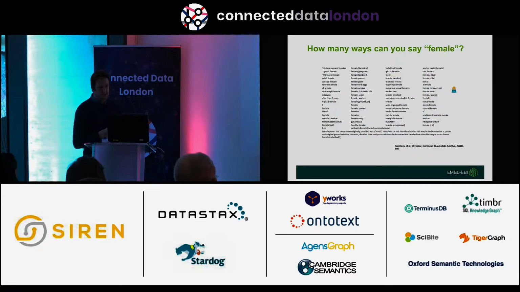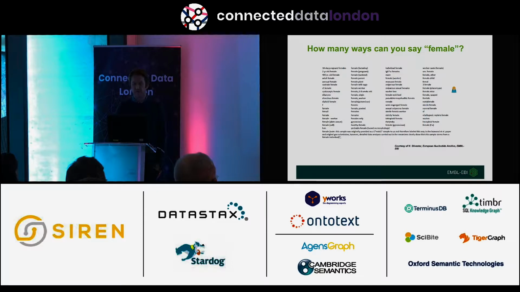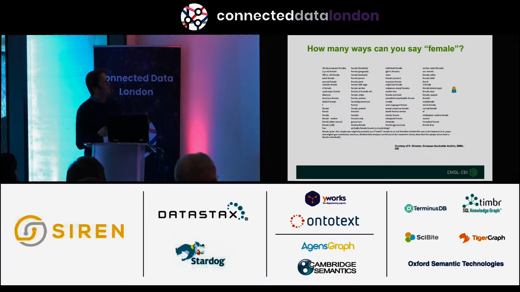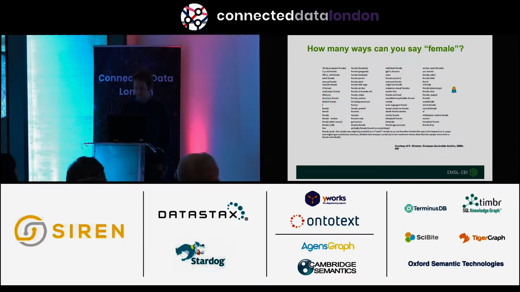So this slide is just a simple search. If you just look in some of our sample databases for a keyword like female, you see all the variety of ways people try to describe some attributes of their sample, and there's a whole bunch of context going on in here that tells you a bit more about whether it's a normal female. Sometimes you get these funny cases where they put in female in the data, but they actually meant male. And there are all kinds of horror stories of what you end up with when you start analyzing and looking deep into this data.